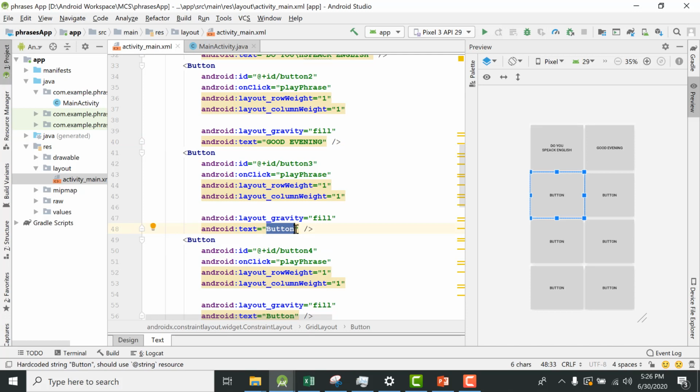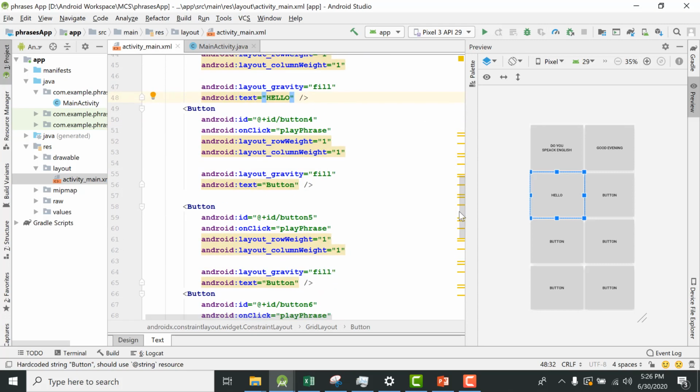The text for button number 3 is Hello, and then the text for button 4 will be, you can add any text, it's up to you, How are you?